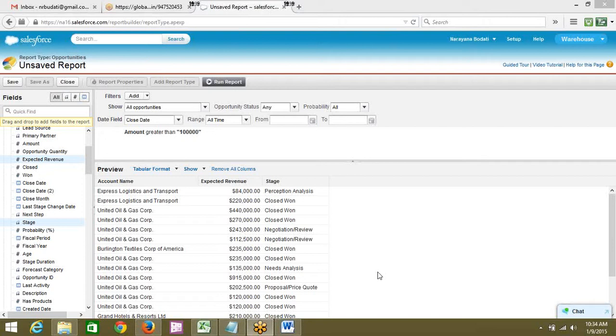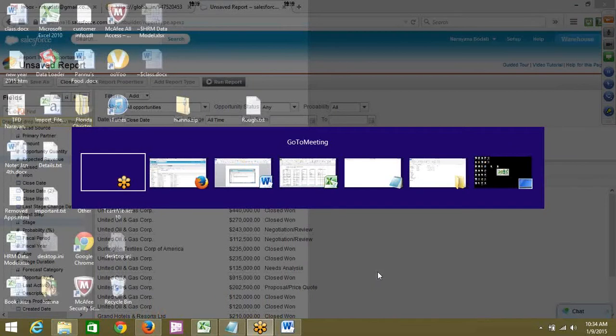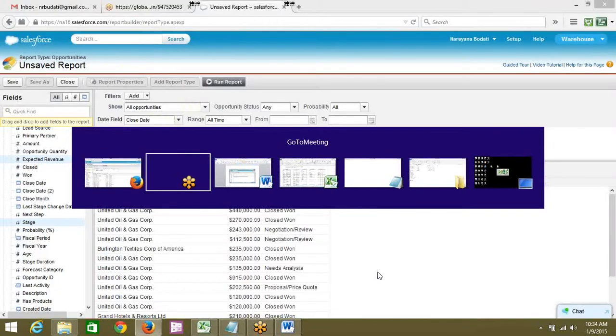That's a pick list. Prospecting, under negotiation. So they want to understand what is the amount of opportunity which is stuck in which stage. Fine, they want to just see how many opportunities worth how much under which stage. This cannot be done on this, because that is about summarizing the data on the stage, right? So let's do that report now.